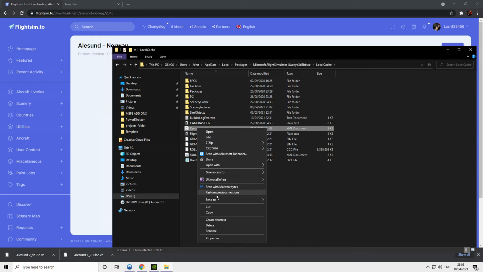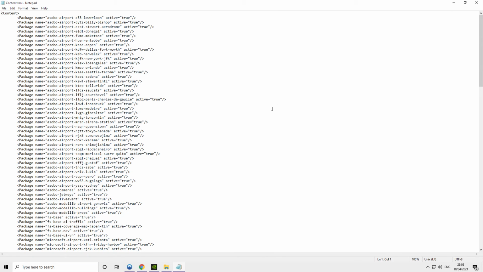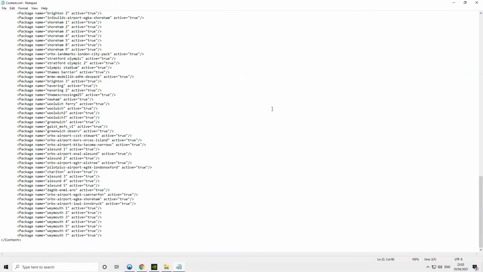You need to right click and open with Notepad, and there you'll see all of your XML lines related to all of your add-on sceneries. As you can see, it's automatically populated mine,